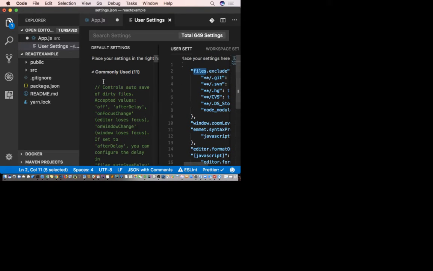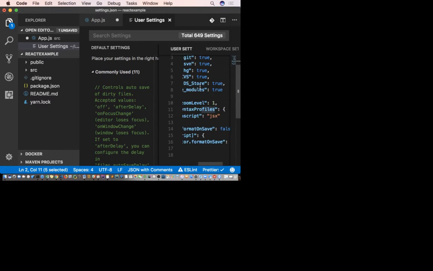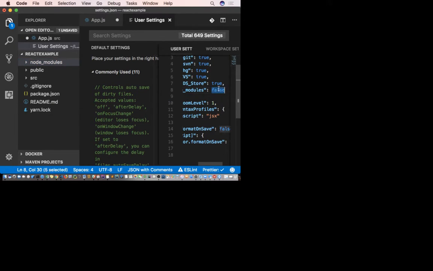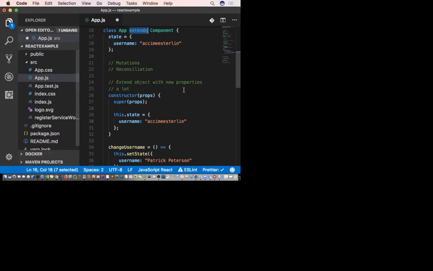There are different files that you can exclude. I set node modules equal to true, which means that VS Code will hide them for me. If you set them to false, it will bring them back. You see that? So it was bothering me a little bit, and I said, thank you, VS Code, see you later.